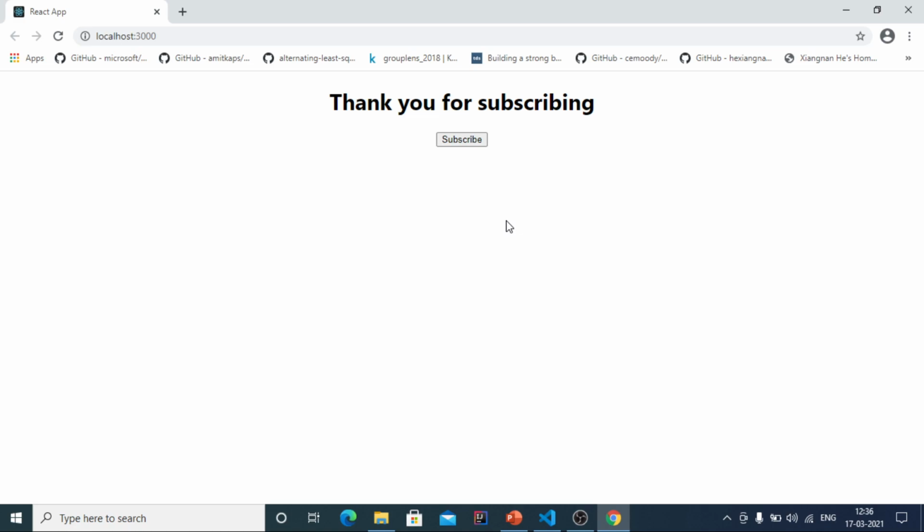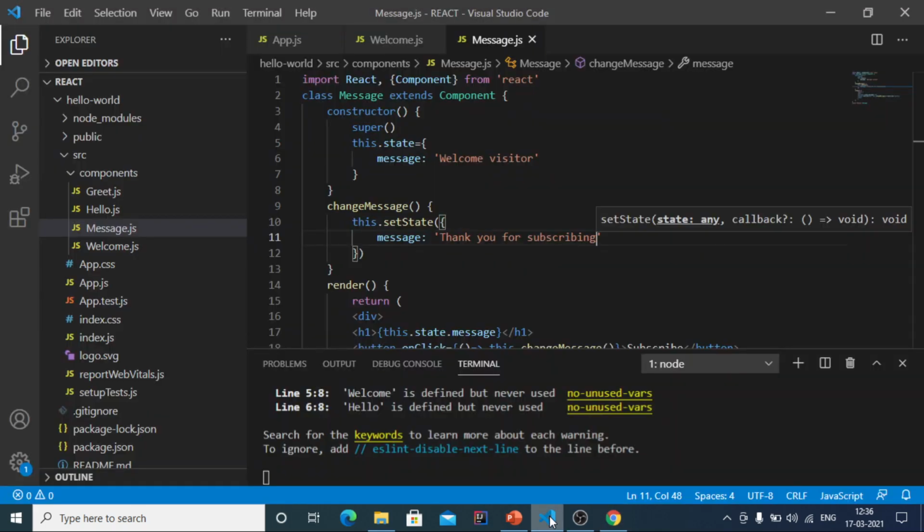The text has been changed as soon as you click the subscribe button. So we have seen how we can make use of the setState method and the concept of state, but there is much more which can be done with the setState method or with the state, which we will be seeing in the upcoming next video.